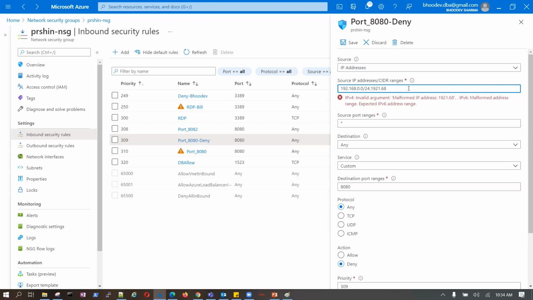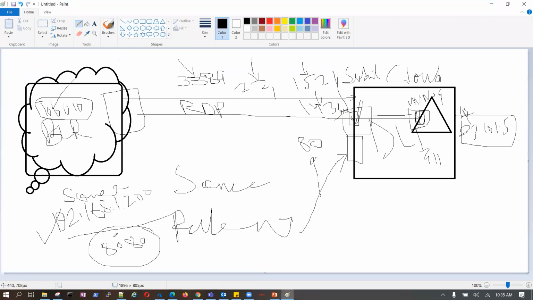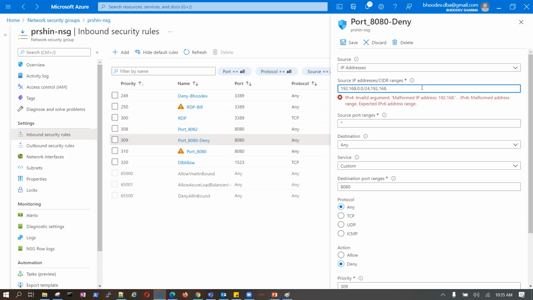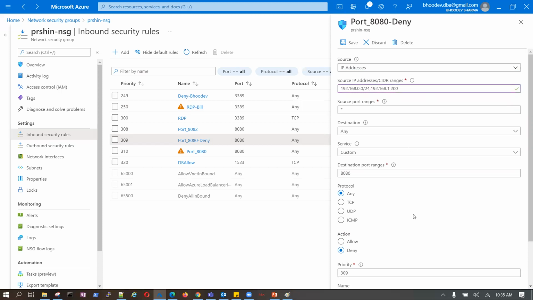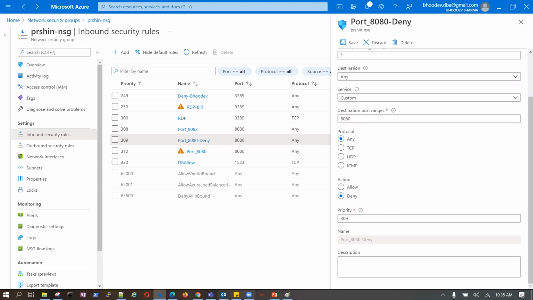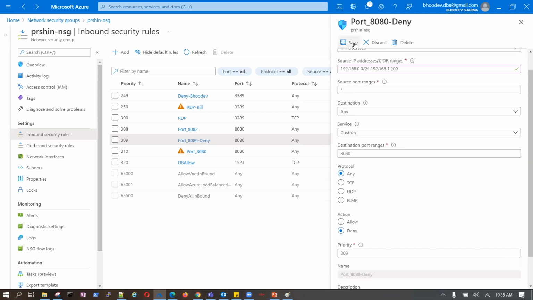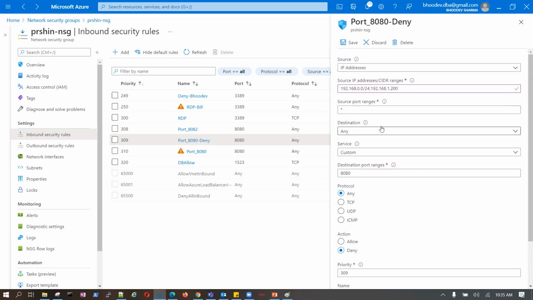192.168... sorry, what was the IP I gave? 1.200, right? I want to block this. Sir, the mentioned IP won't come under the first IP range. We have defined /24, right?